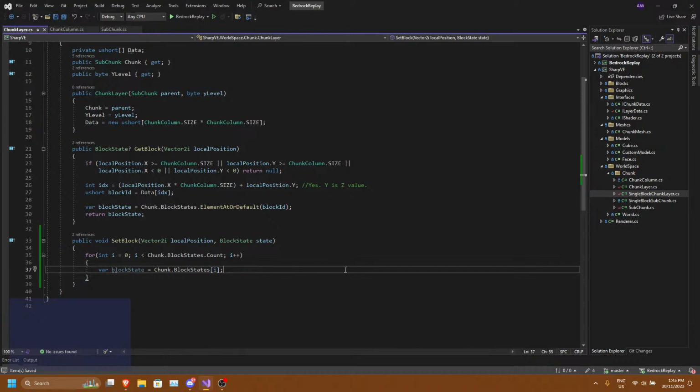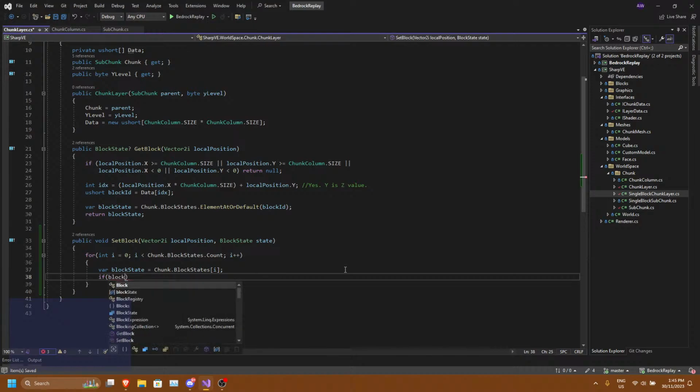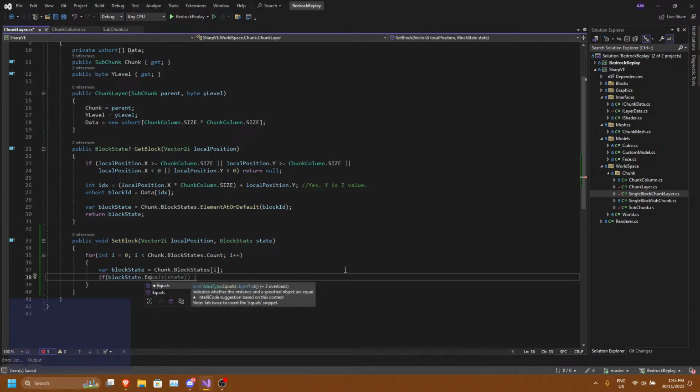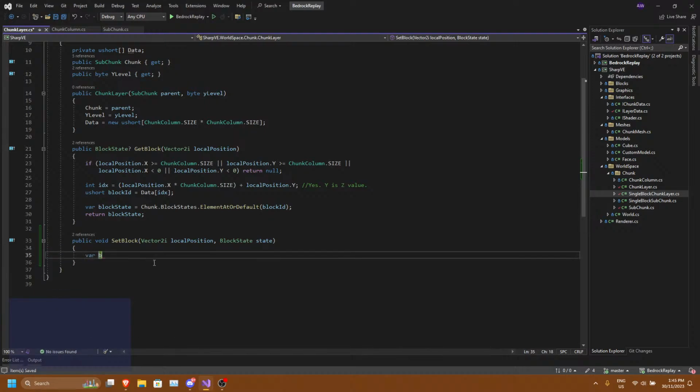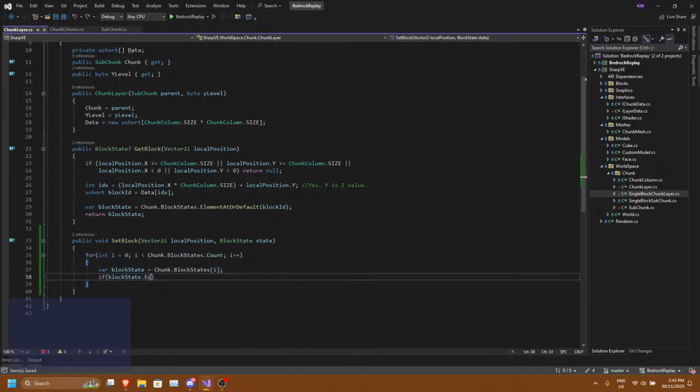So we're getting the block state, and then we have to do if block state dot equals state, then we just set... How do we do this?